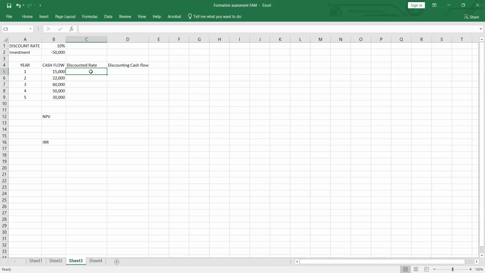So we calculate the present value of the cash flow. What is the present value of the cash flow? So we discount at the rate. The formula of the discounting rate is